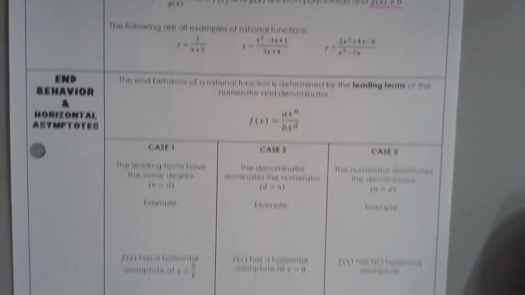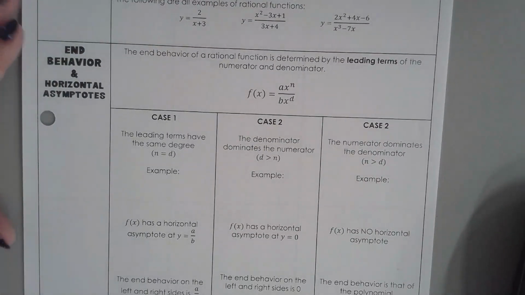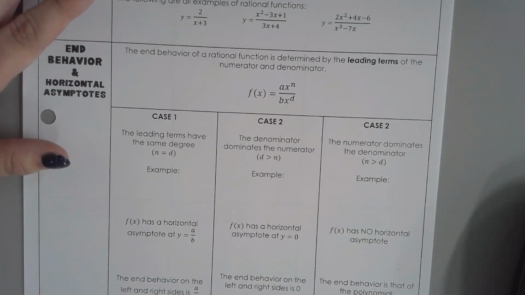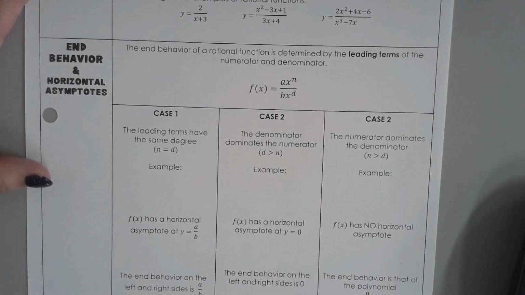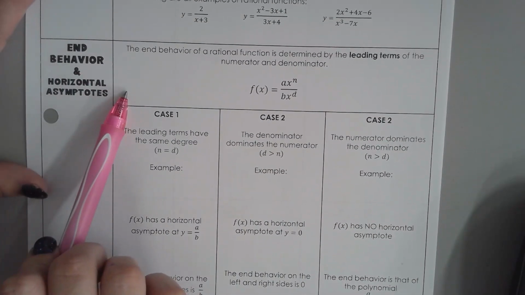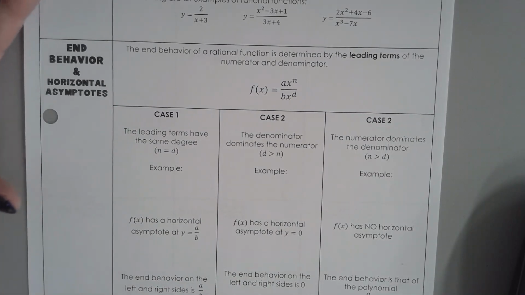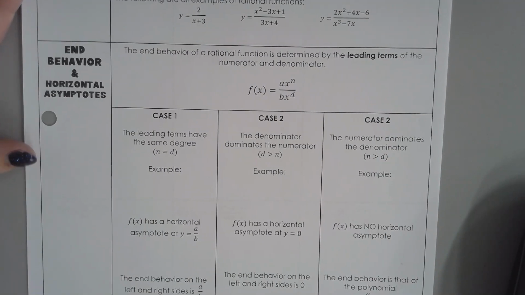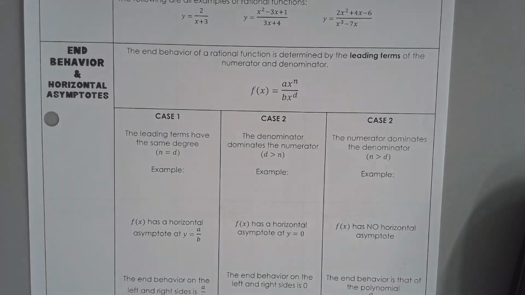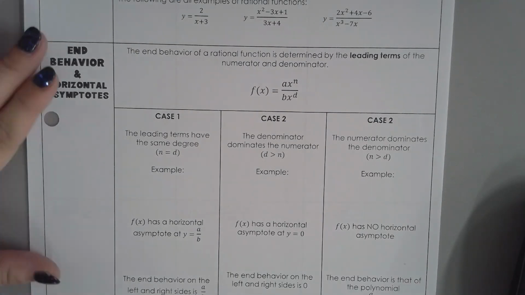So what we're really going to focus on today is talking about the end behavior using the limit notation. So the limit as x approaches infinity, what we did previously, of a rational function. And that also correlates and has to do with horizontal asymptotes. So horizontal this way. Asymptotes are like those imaginary lines. So if you look at the graph, your graph gets really close to this imaginary line, but it never touches it. That's going to affect the end behavior. All right, so